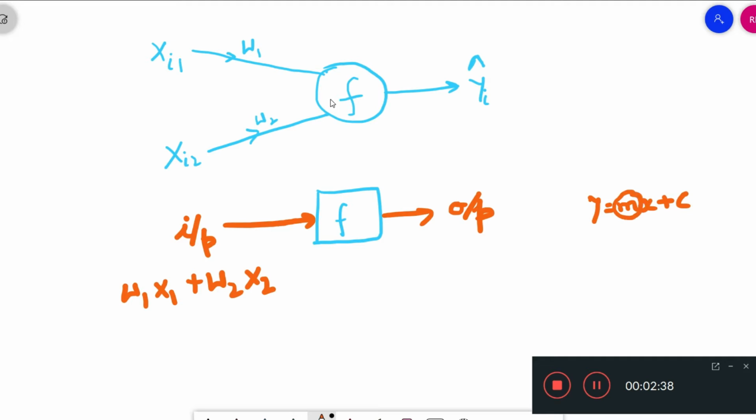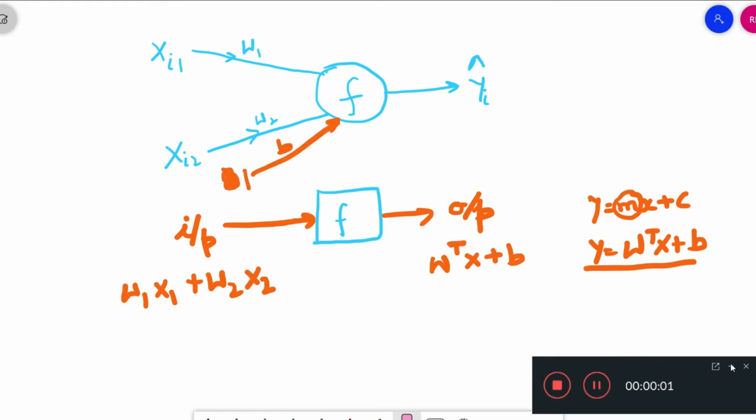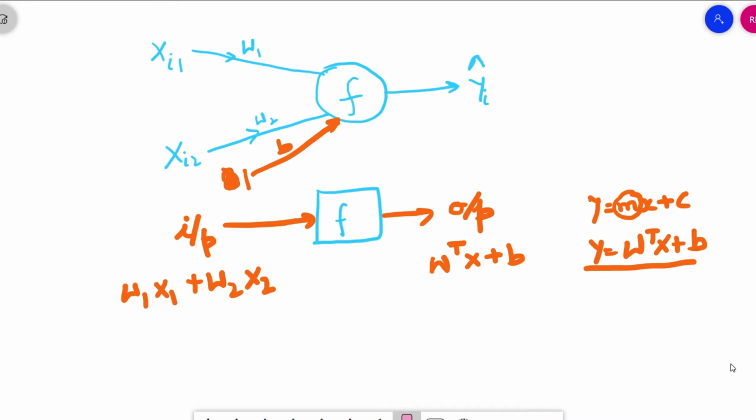M basically is the w we are calculating here, or y equals w transpose x plus b if it is a plane that is coming out as an output. So generalizing this, the function gives as an output w transpose x plus b. Let's ignore the intercept for now, to keep things simple. So the generalized form of our output coming out of this function is w transpose x.